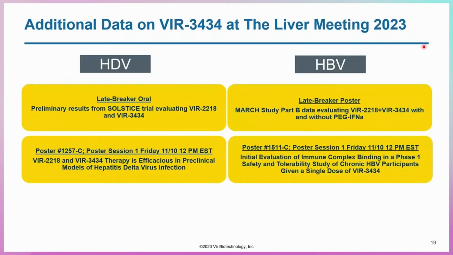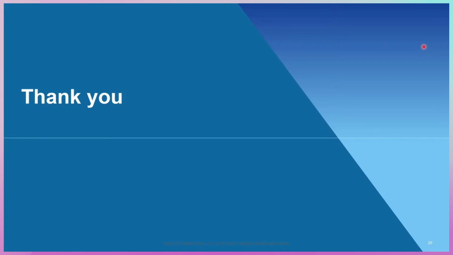To highlight additional data on VIR-3434 at AASLD, there will be a late breaker oral on the Solstice trial, which is looking at both the siRNA and antibody in hepatitis delta patients. We also have a preclinical poster, and a late breaker on hepatitis B showing data from MARCH Part B as well. So with that, I'd like to thank you for your attention and all the